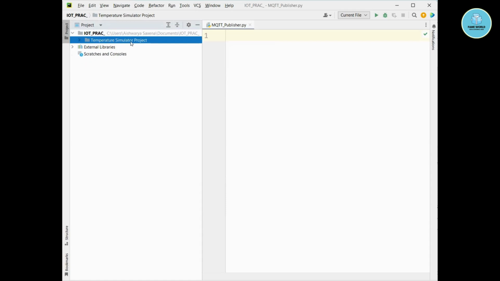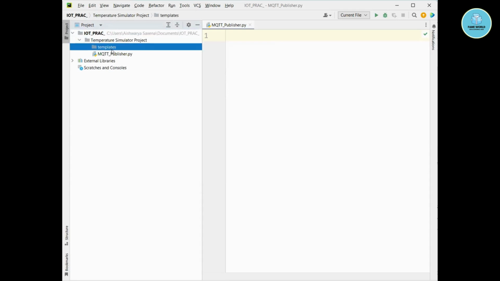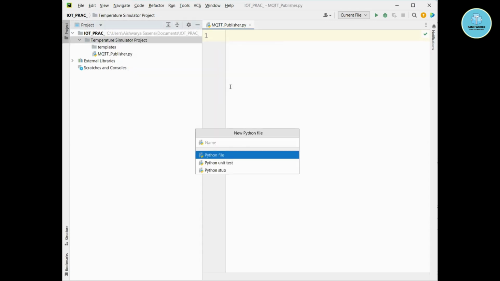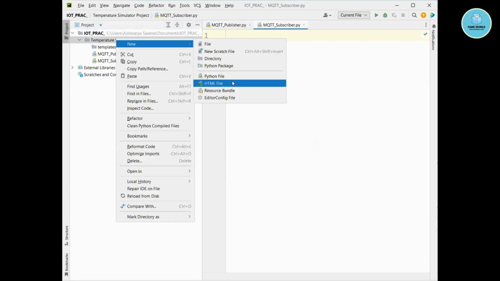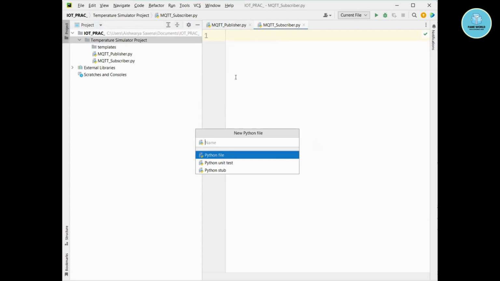So here I have taken the temperature simulator project, the first one, where I have created this templates. This is a folder directory, you can say. And this is MQTT publisher, which is simply a normal Python file. Right now, all the things are empty. And now I'm creating one more file, MQTT subscriber. So MQTT subscriber, MQTT publisher, and now creating one more file